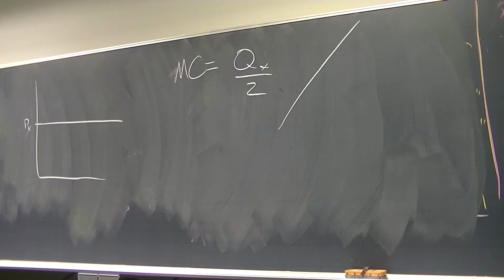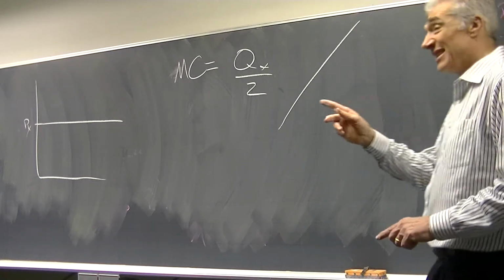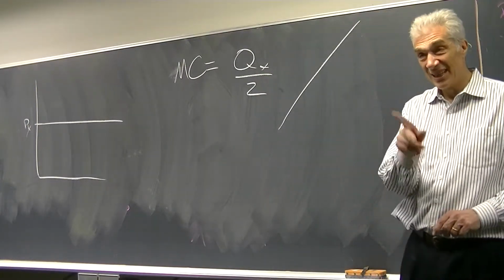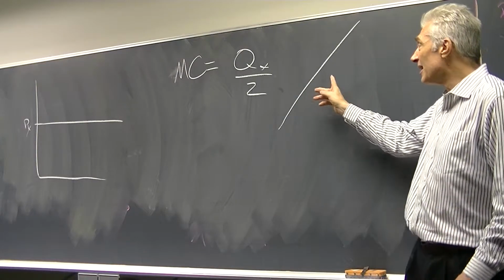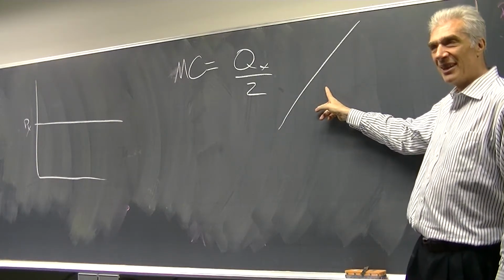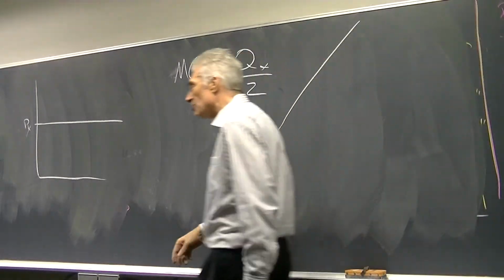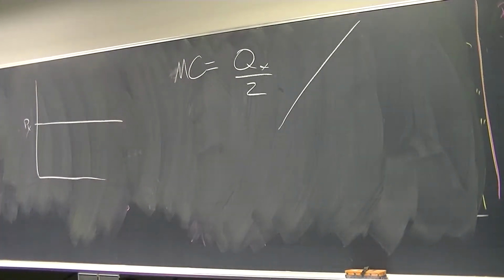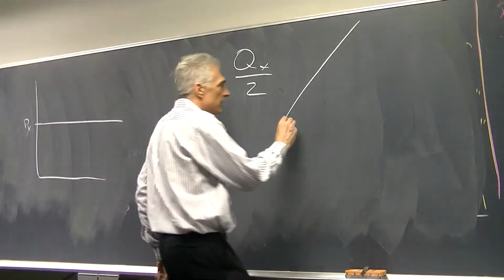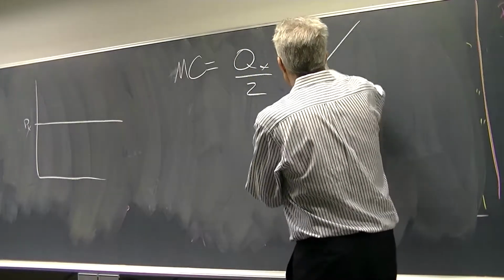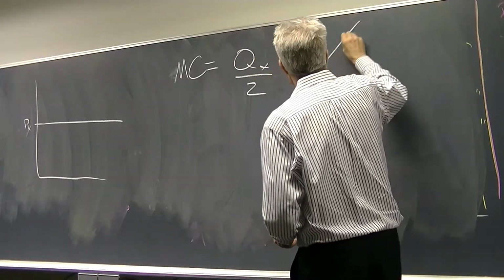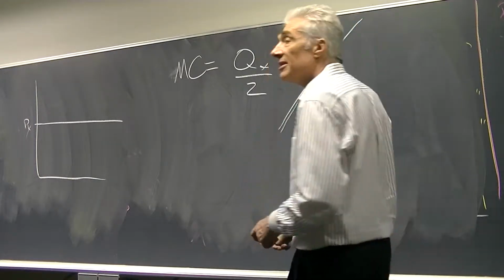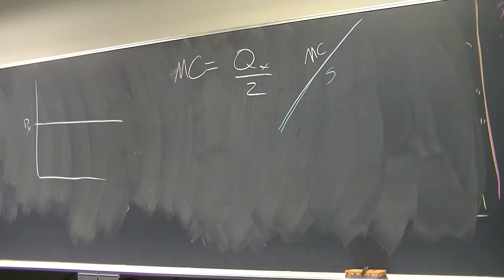Now the thing about the upward sloping marginal cost curve is, this is where people made a mistake. This is why you've got to keep all these things clear in your mind. That's the supply curve. You have to understand that the marginal cost curve is the supply curve. That's the marginal cost curve. Now I'm going to put the supply curve, it's the same thing.